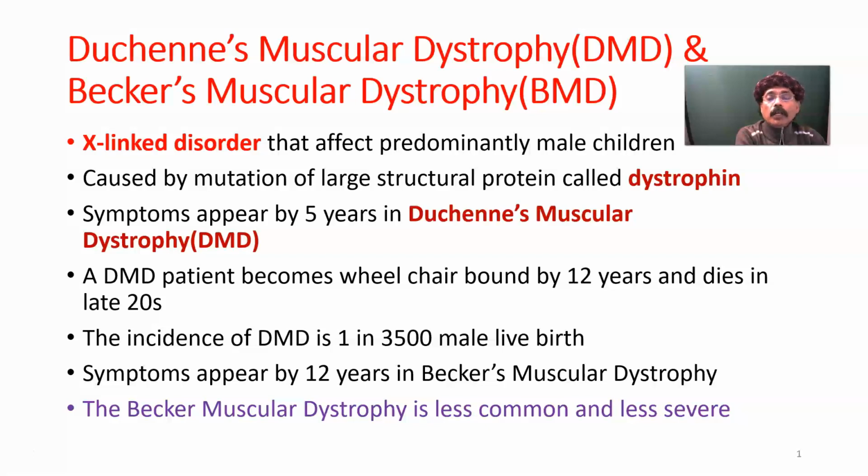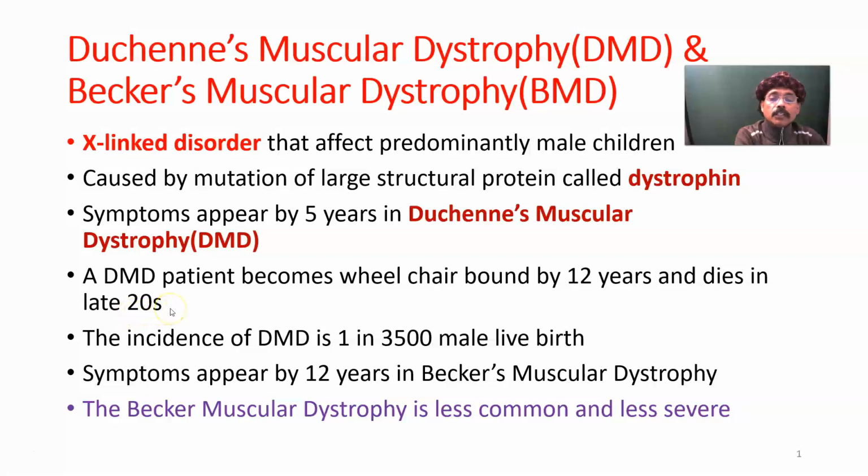Today I will discuss Duchenne muscular dystrophy and Becker's muscular dystrophy. Both are X-linked recessive disorders that affect predominantly male children, caused by mutation of a large structural protein called dystrophin. Symptoms appear by 5 years in Duchenne muscular dystrophy, or DMD. A DMD patient becomes wheelchair bound by 12 years and dies in the late 20s, maybe